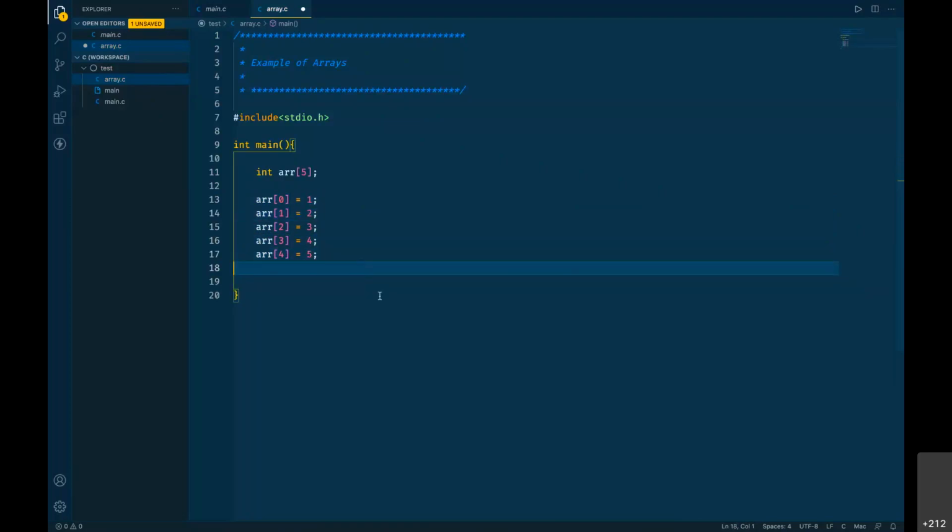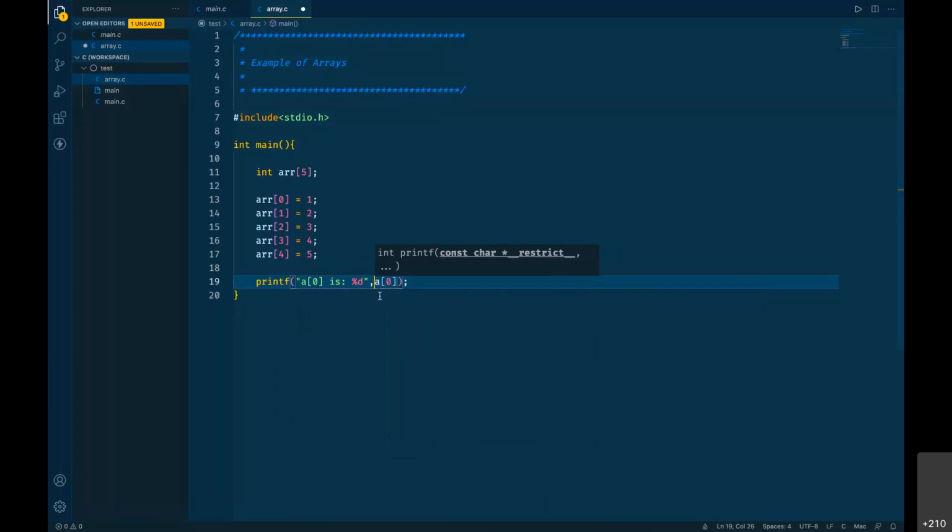If we have assigned those values, we can simply verify it by printing them. So I can say A of 0 is %d, and let me create a new line. So a simple printf statement: A of 0 is %d, so %d will have the value from A of 0.